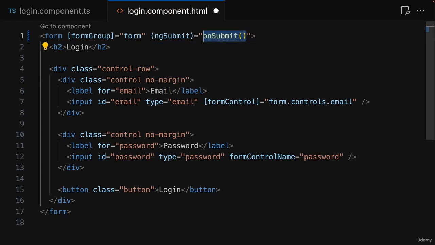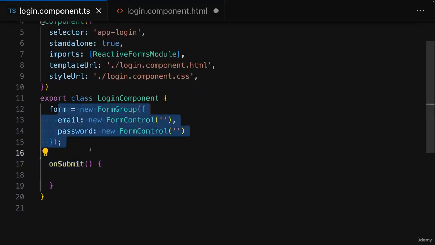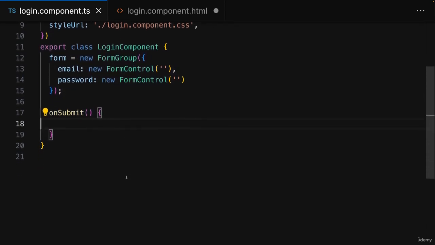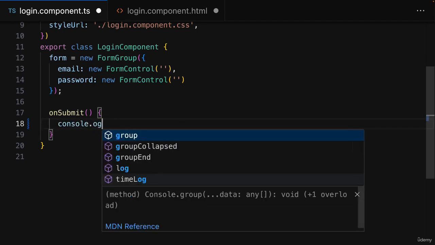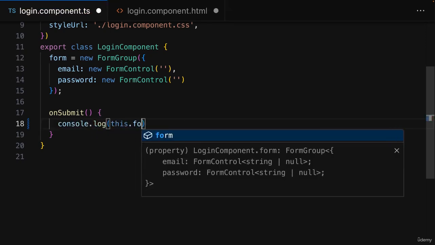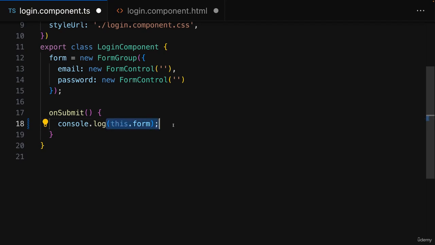What's different compared to the template-driven approach, though, is that you don't need to pass any argument to onSubmit because you already have access to the form in your class because it was set up and created there after all. So here in onSubmit, we can simply console log this form to look into it